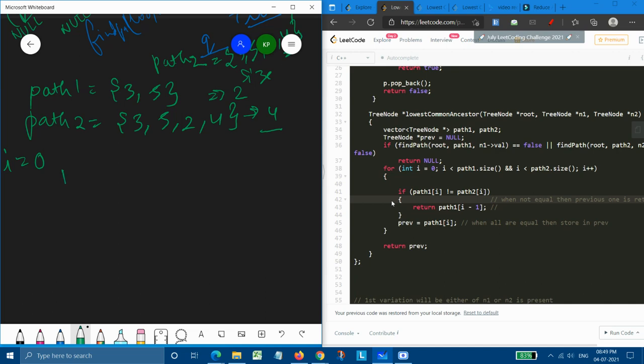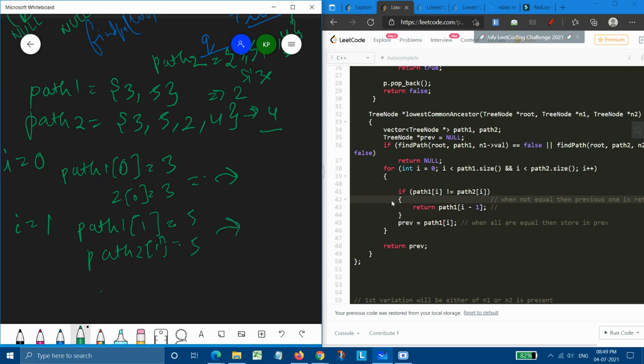When i is 0, path 1 of 0 equals 3, and the same is for path 2. Both of them are equal, so it will simply go ahead. Then i is equal to 1. Then path 1 of 1 equals 5, and path 2 of 1 is equal to 5 again. So it will go ahead.